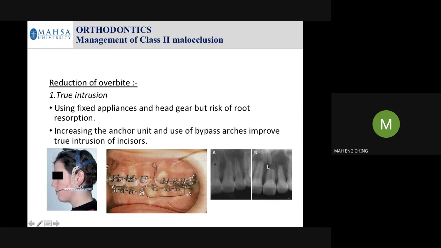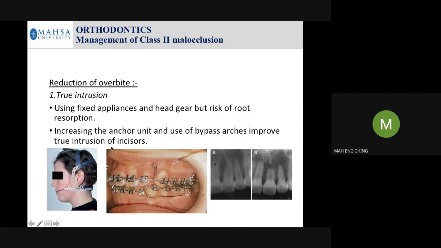So these braces, or the fixed braces, or whatever headgear, they apply force to the incisor. So inevitably this will cause what we call root resorption. Whether it is more or less depends on how much force they put in and how fast they do the treatment. And of course, it depends on the patient's own root. Sometimes if the root is already too short, and you shorten it too much, then the tooth will become weakened. Then increase the anchor unit by use of the bypass arch, to improve the true intrusion of